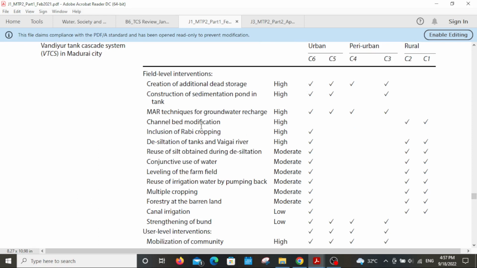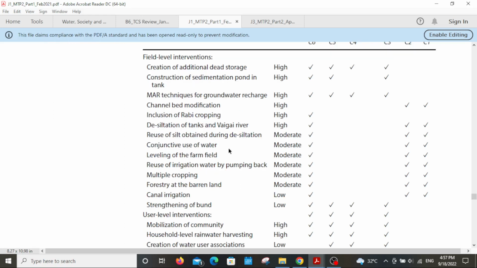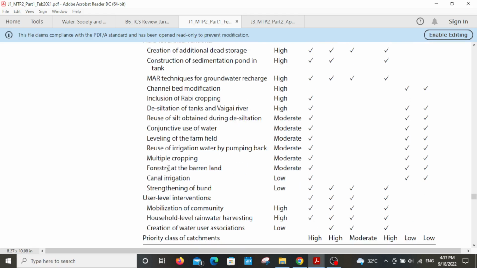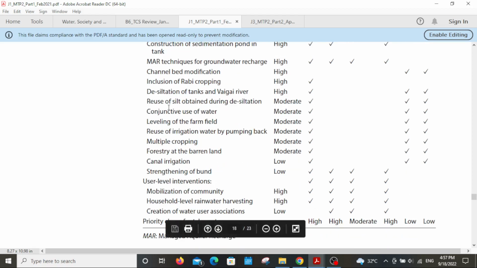that channel bed modification is listed in both the rural landscapes. Desiltation of tanks and wide rivers is listed. Then reuse of silt obtained during desiltation. So I now hope that you understand that when we say reuse of silt, it is actually being utilized as manure in agricultural use. And similarly, there are so many field level interventions that have been proposed, and the